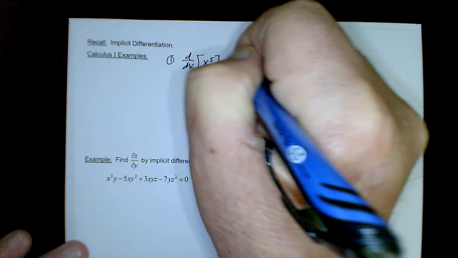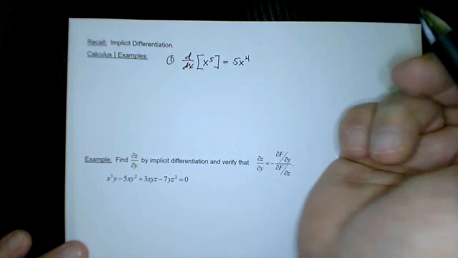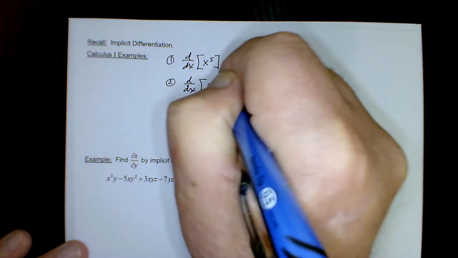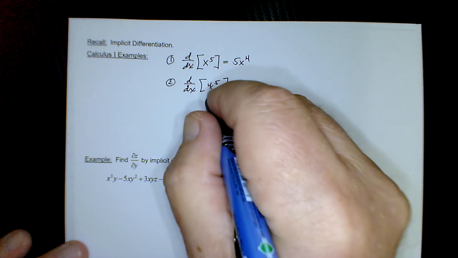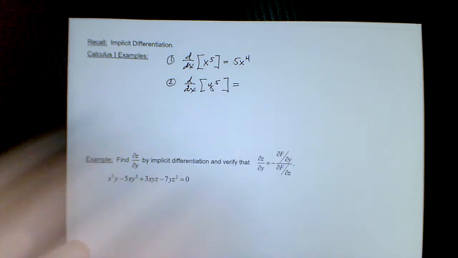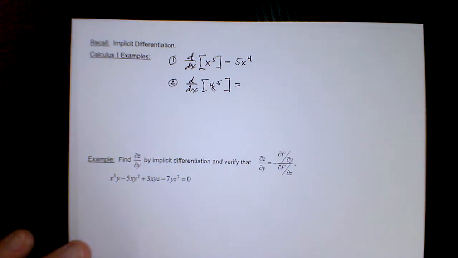Well, we just differentiate as normal, we get 5x to the 4th, and that's all there is to it. But if you have to differentiate, let's say, with respect to x, y to the 5th, then recall that because we're assuming y is a differentiable function of x,